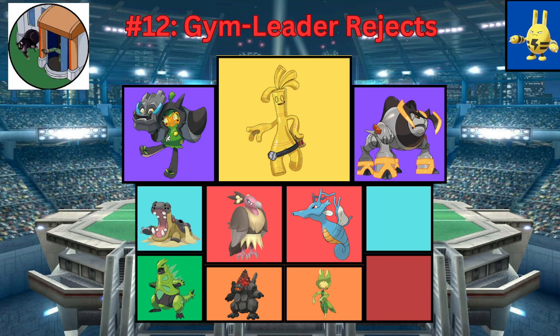Up next, we have the Gym Leader Rejects, with a rocky team, to say the least. Four of those guys coming in here. Which, the best typing. The best type in the world. You know, I don't really see the vision with the four rock types. I'll be honest. I'm not exactly an Iron Boulder believer, but on some positives for this team, I do think